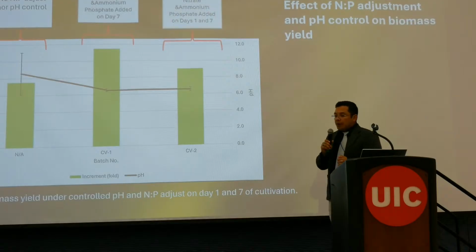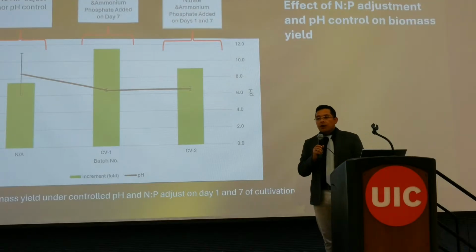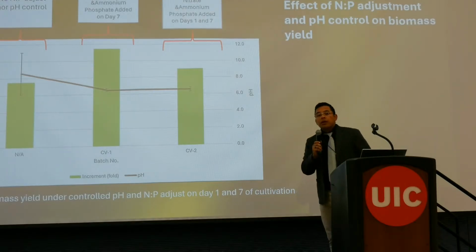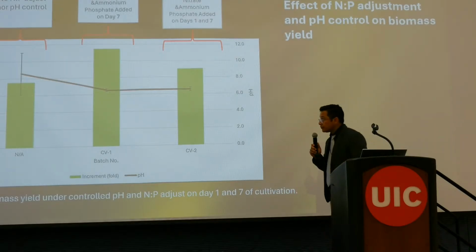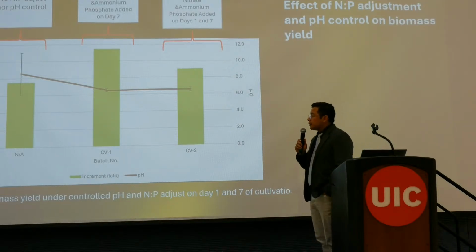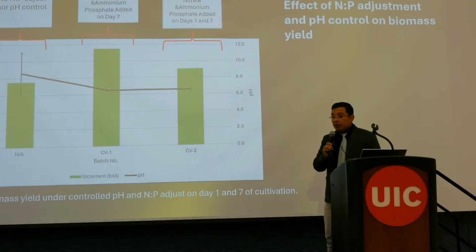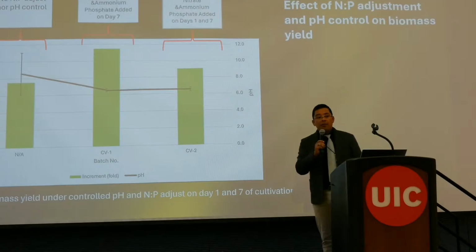So we used two sources of nitrogen. We used sodium nitrate and ammonium phosphate. And we set up the ratio of 25 parts of nitrogen per 1 part of phosphorus, which was the best treatment. So you can see, using that ratio addition at day 7 resulted in an 11-fold increment of the biomass production, which means for every gram of